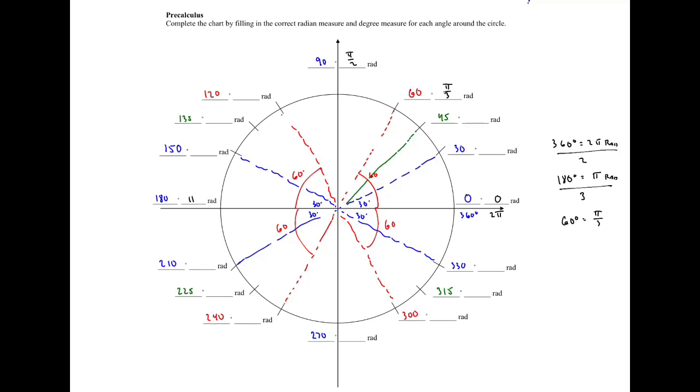And all of your 60s are pi over 3. So if you look at this, this would be 1/3 of pi. So from here to here is 1/3. And then if you go another 60, that's 2/3. So this would be 2 pi over 3 radians. And then if you go another 60, that's 3 pi over 3,